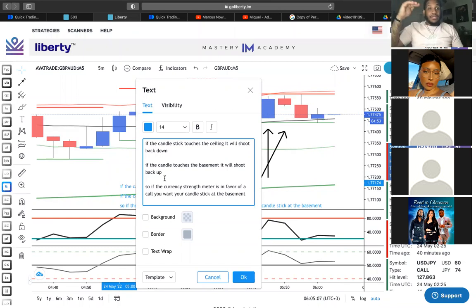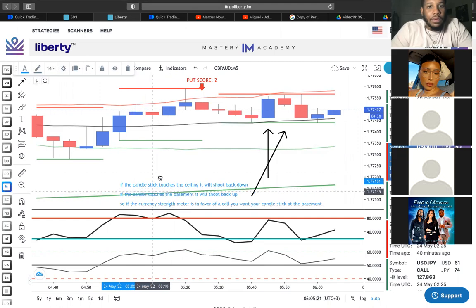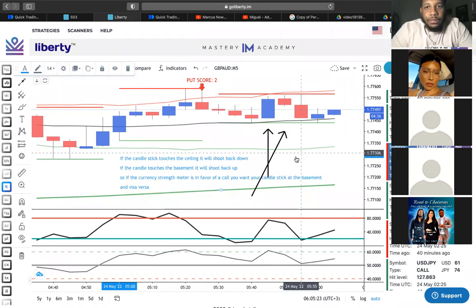If your currency strength meter is in favor of a put, which means that the second currency is stronger than the first, and the candlestick is at the ceiling, we already know the next trade will come down, and it will be pulled down from the strength of the currency. Right? So now,